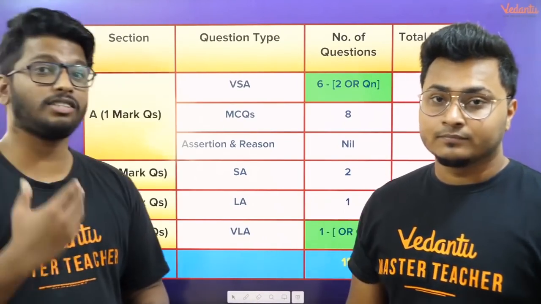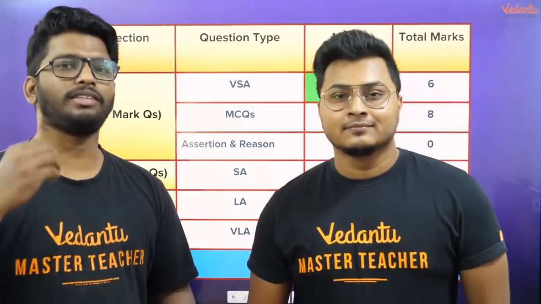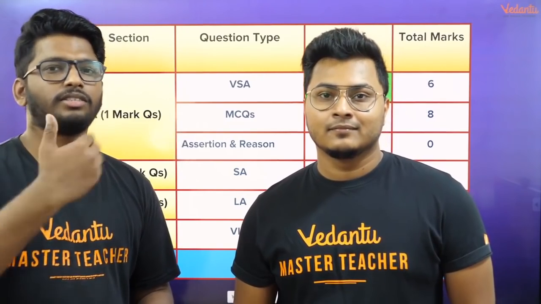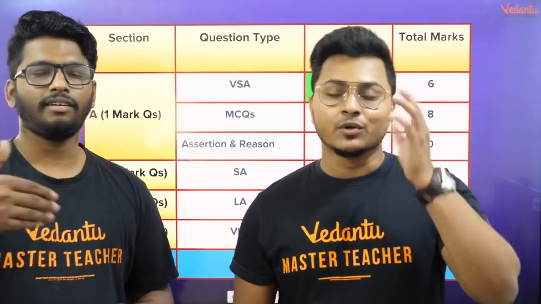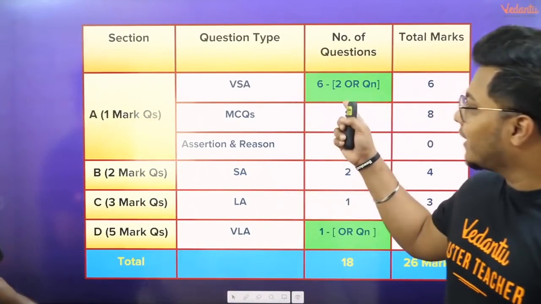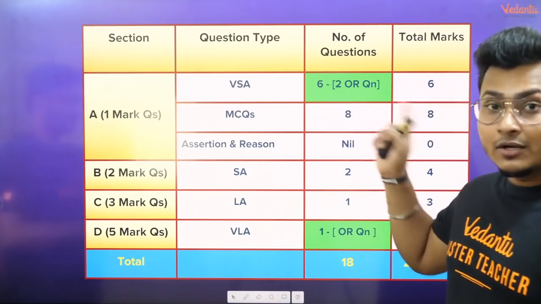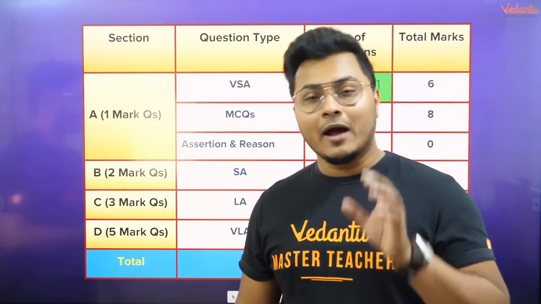So if in case you're not perfect with a particular chapter, you always get that choice to choose whichever you want to go with rather than taking a chance over there because it's your final exams. So you really don't want to lose that 1 mark, 2 mark, which is going to push you towards. Absolutely. Same thing happening in the case of very short answers, also 1 mark question. You can see 2 questions are in or. So internal choices hai zarur, aapki bahut help karega.